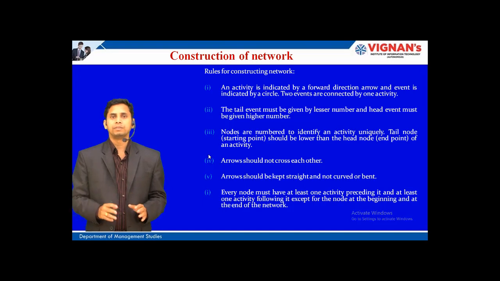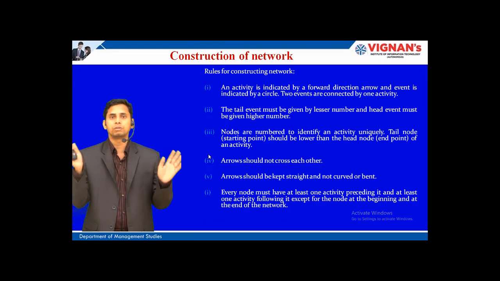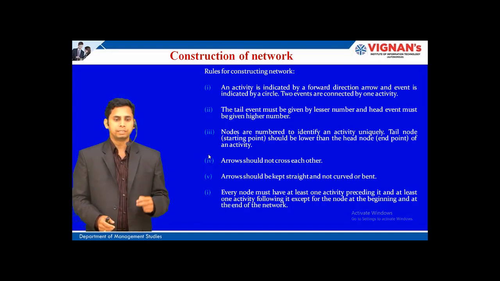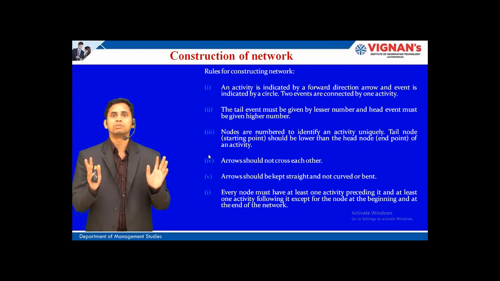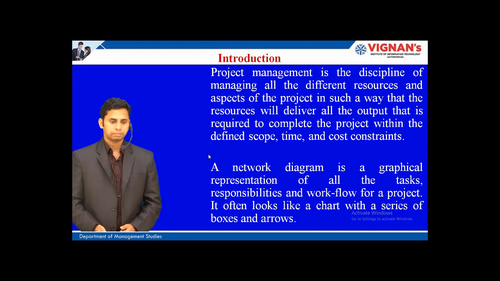And then time: within what time you are supposed to complete your work, that is time. And also at what cost you are supposed to do this entire work. You may be doing the work perfectly, but if the cost is more than expected, then probably your project may not remain attractive. That's why your project must be associated with these three: scope, time and cost constraints. You are supposed to manage all these constraints and manage resources, and complete the project. The way you manage all these and complete the project is project management.